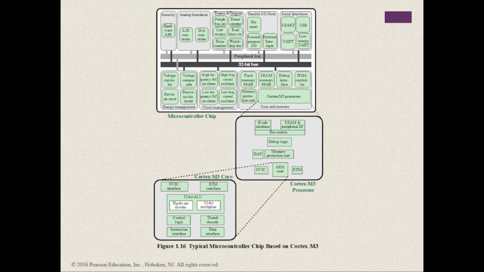Comparing figure 1.16 with figure 1.2, we may see many similarities and the same general hierarchical structure. Note, however, that the top level of a microcontroller computer system is a single chip, whereas for a multi-core computer, the top level is a motherboard containing a number of chips. Another noteworthy difference is that there is no cache. As you can see, there's no cache with this microcontroller chip,